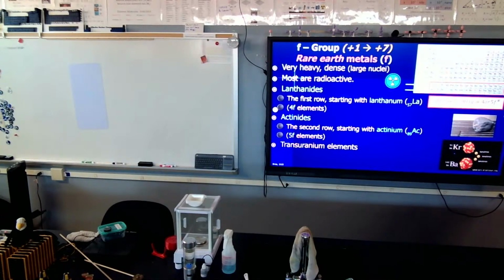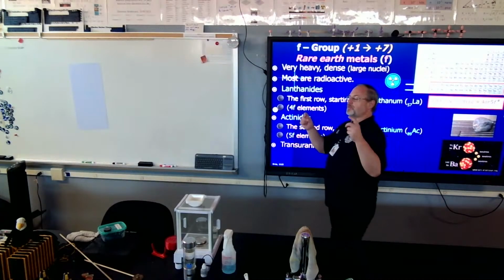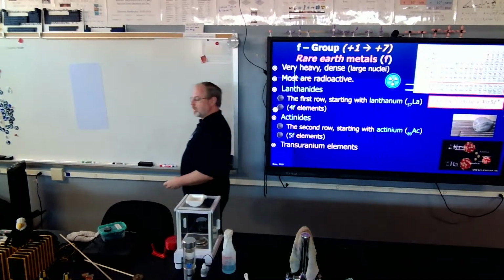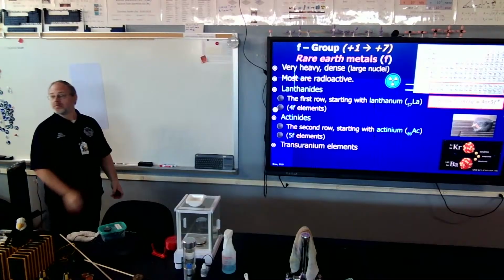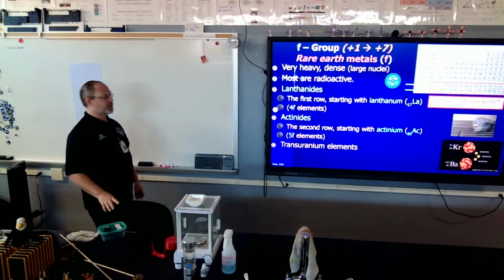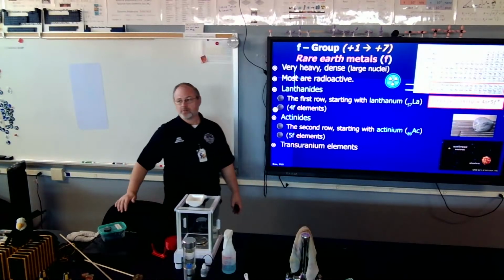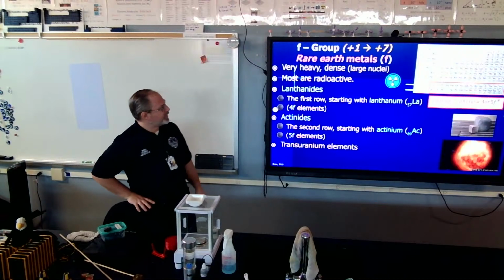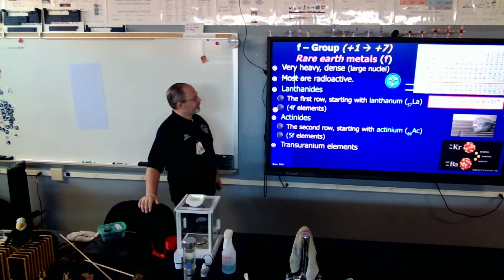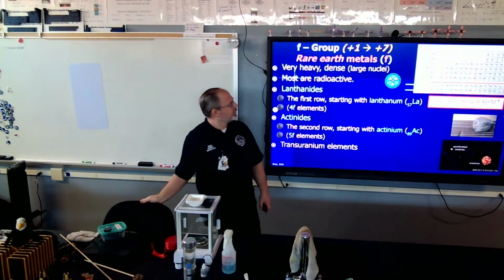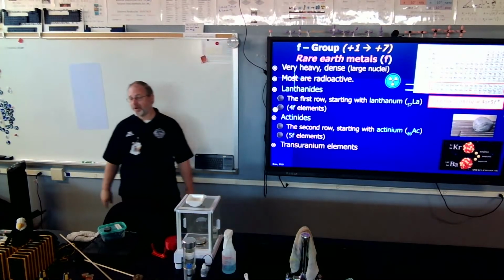Any element past uranium is called transuranium, literally beyond uranium. Uranium is the heaviest element that exists in our solar system as far as we know. All the rest have to be made somehow. Some are easy to make. They're really close to uranium, so they're pretty easy to make. Some are crazy hard to make, like most of the end of period 7. They're really, really, really heavy ones. But everything past uranium, transuranium,